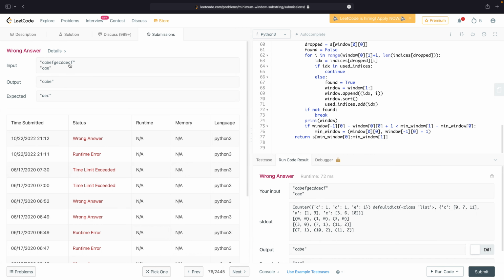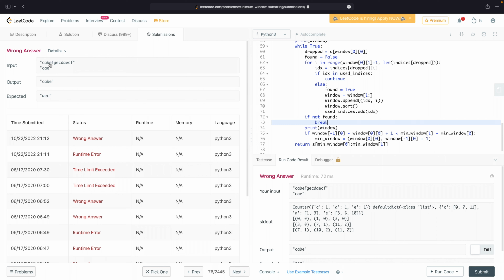I was looking for the next C. Hang on. 0, 1, 2, 3, 4, 5, 6, 7, 8, 9, 10, 11. What? Why did we end up in this state? No, that seems mad to me. I don't understand how we got into this state. 0, 1, and 3. 0, 1, and 3. That makes sense. What should have happened then